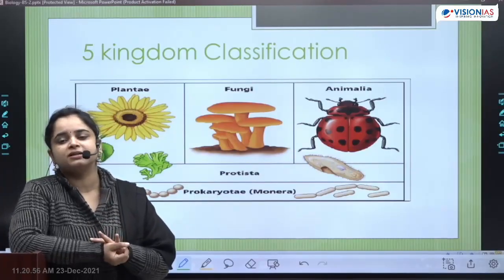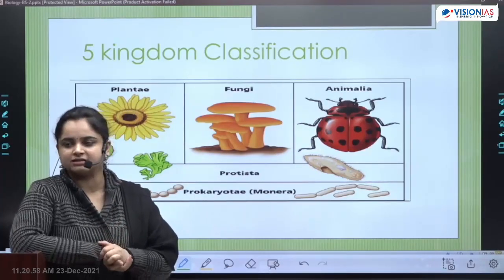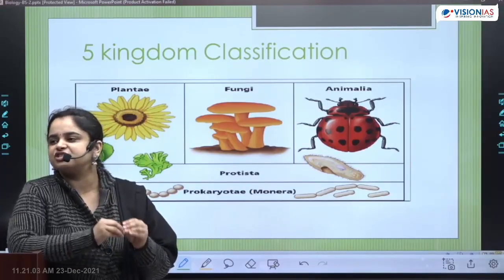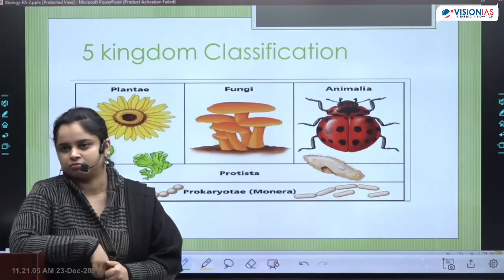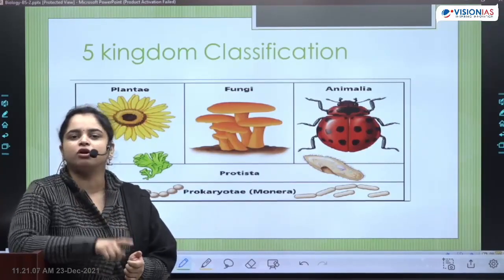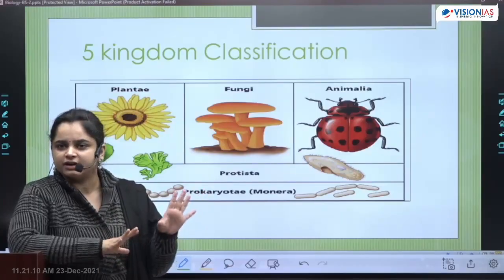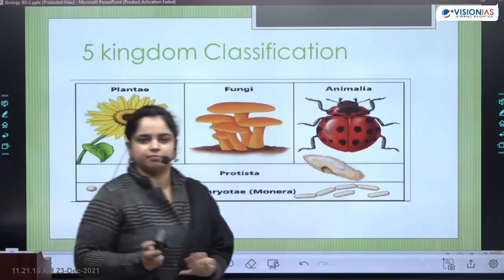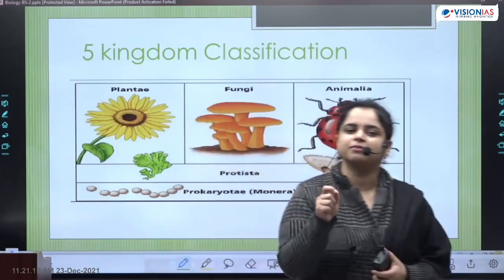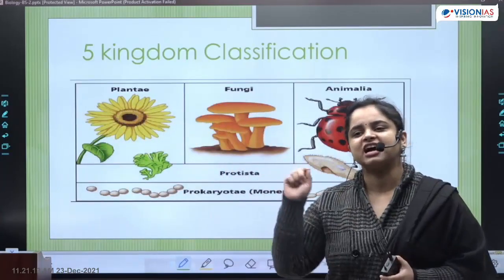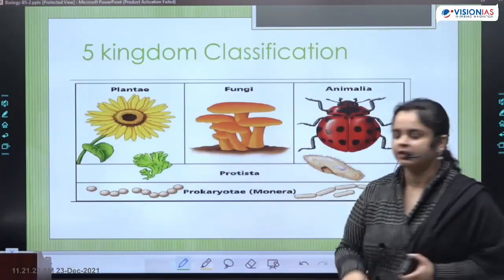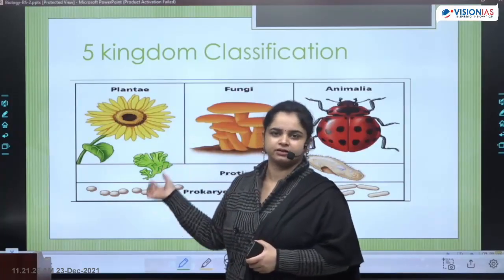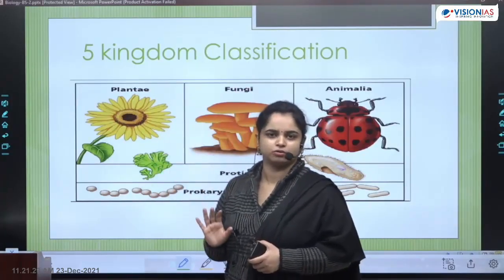So your job is, whenever you are reading about any organism, any living species, you have to first see to which category it belongs to. Even if that information is not available wherever you are reading it from, say current affairs or newspaper, you have to go look that up. That is the most basic premise, and in the last few years, consistently this question is coming. They give you an example, they give you 4 categories and they ask you to select which of these categories does it belong to.